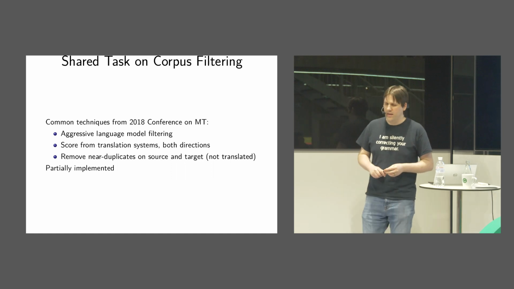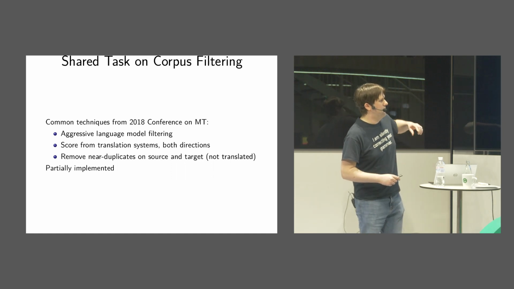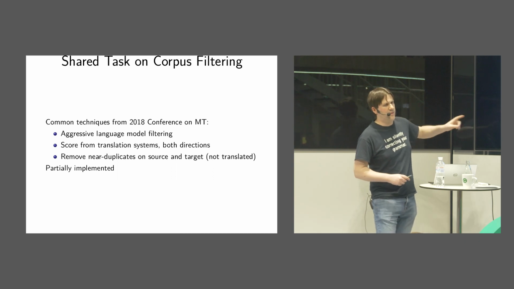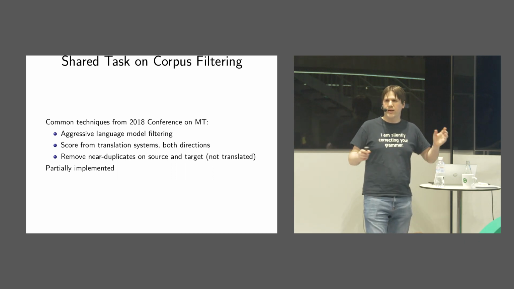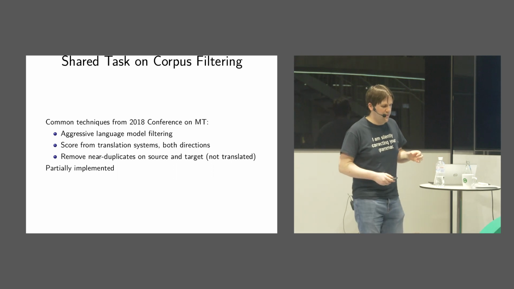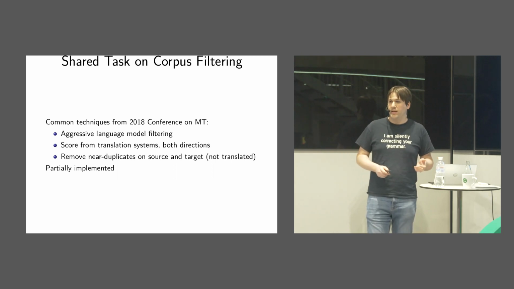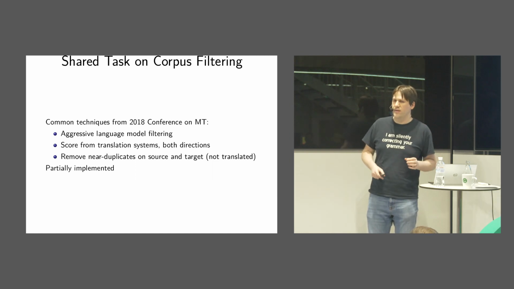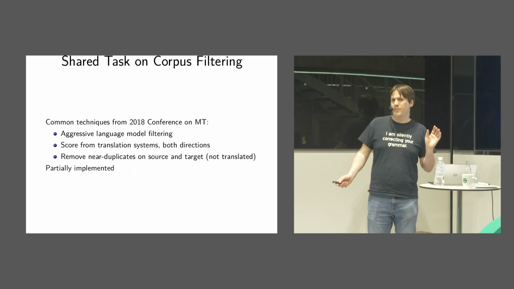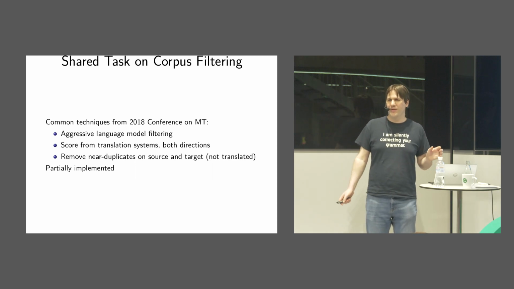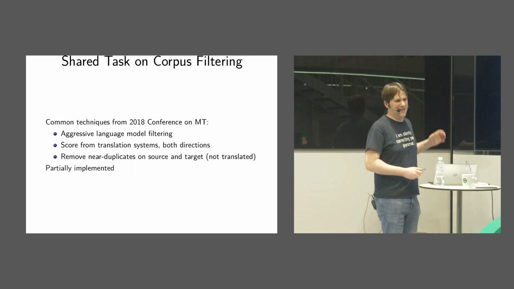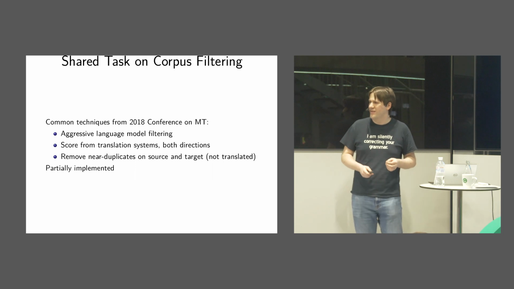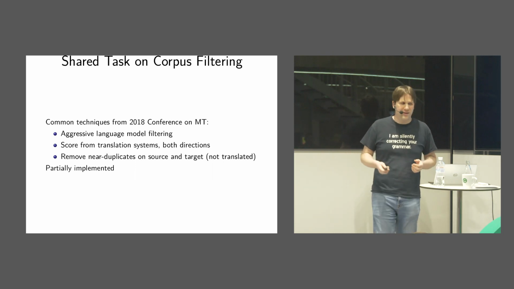Just a hypothesis there. We've been implementing this, but the fun thing is we ran this in 2018 on German, a very high resource language. And then next year, Philipp Koehn ran the task on Nepali and Sinhala, low resource languages. And the technique that won, this thing from Microsoft last year, was replicated by almost everyone the next year for those low resource languages, and they all did bad on that. So it actually depends on how high resource language you're working with, what filtering technique you should use.